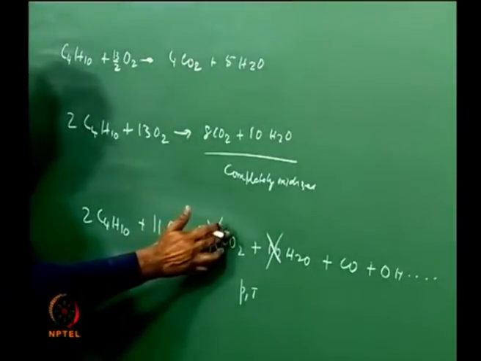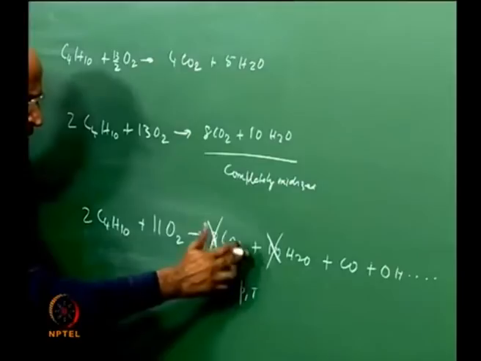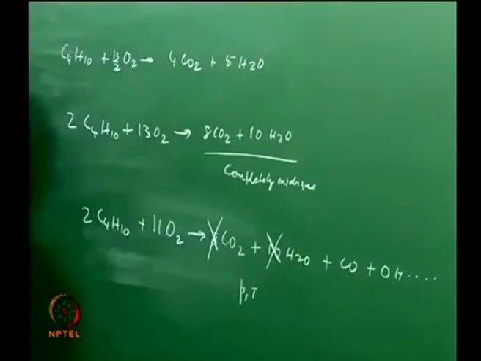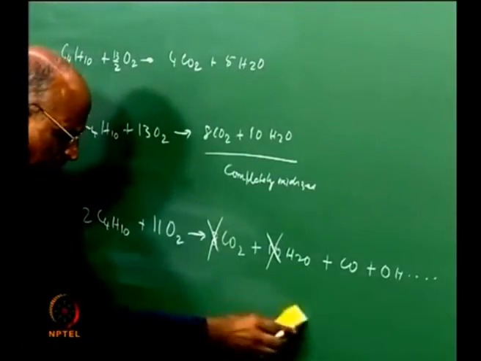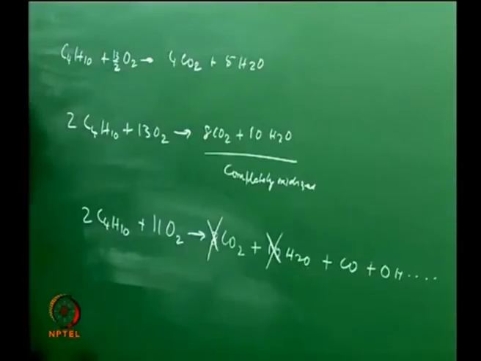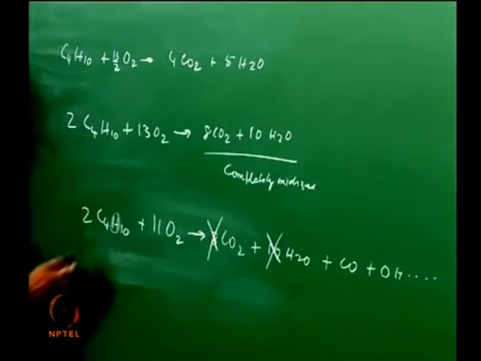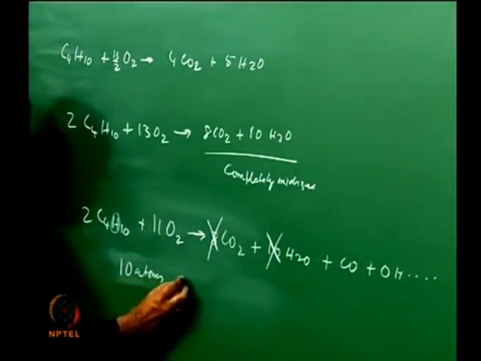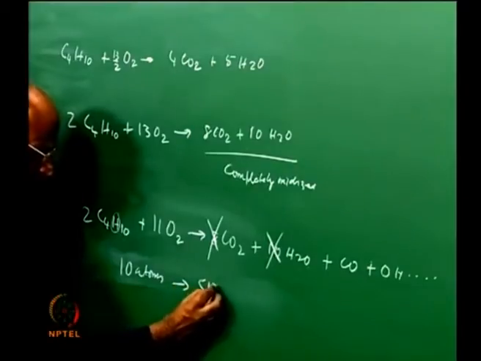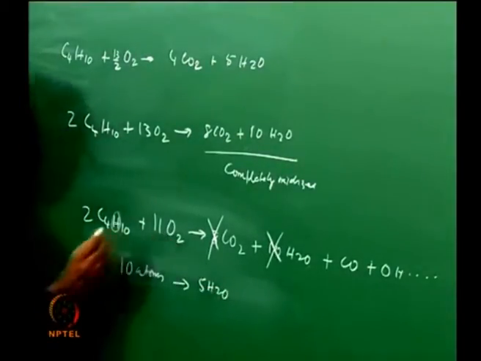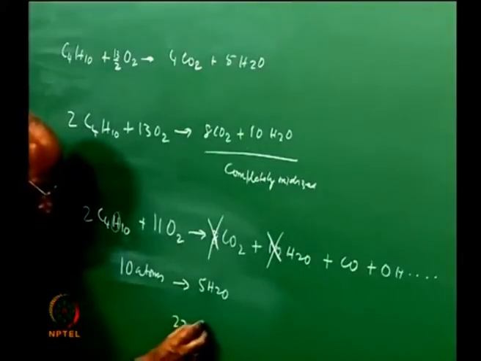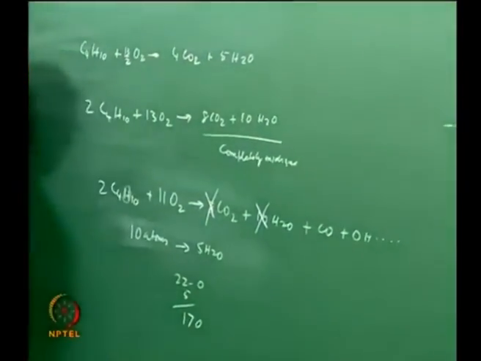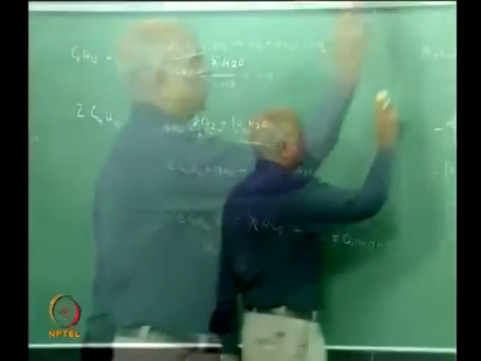But before I do that, instead of doing the detailed dissociation and chemical equilibrium of the products, there is a slightly easier method of doing this problem. What do we do? We say hydrogen is very reactive, and therefore all the 10 atoms of hydrogen search for oxygen and get converted into 5 H2O, that is, they pick up 5 oxygen from here. I had originally 22 oxygen, I have removed 5 from here, therefore I am left with 17 oxygen.